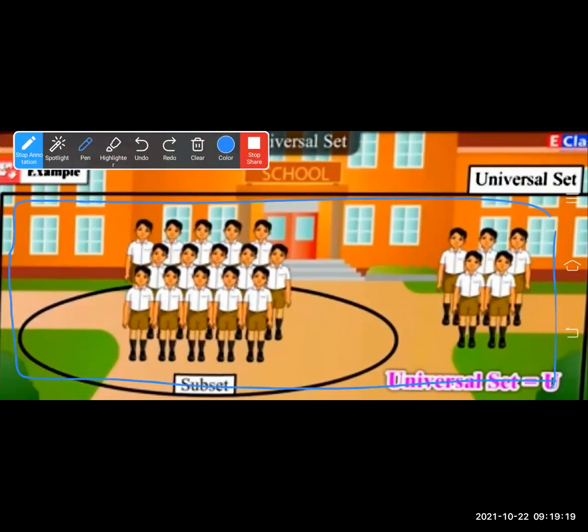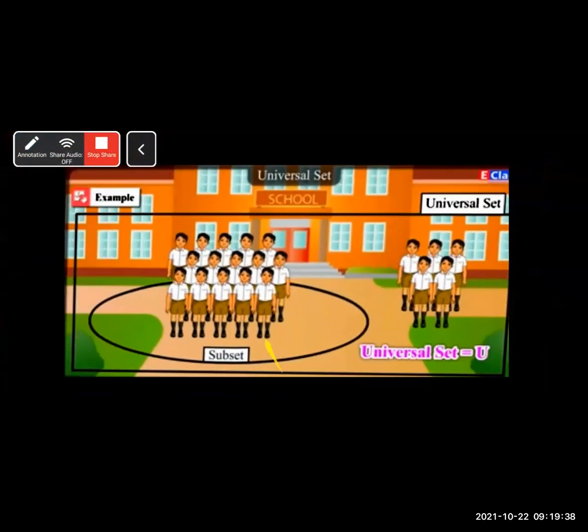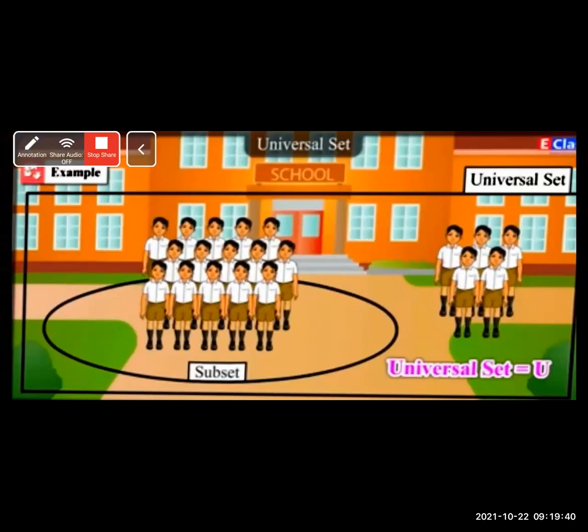A team of 15 cricket players is a subset of the universal set. But all students are not selected for the team of 15 cricket players. Therefore, these 15 cricket players are a subset of that set. The whole group who play cricket is your universal set.